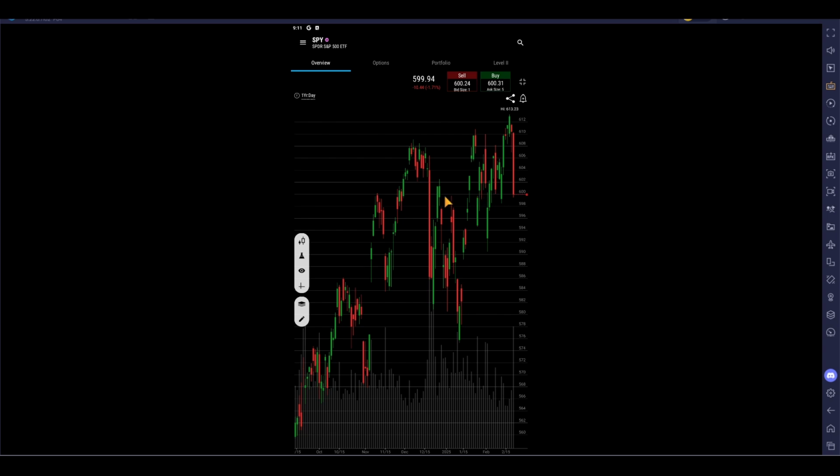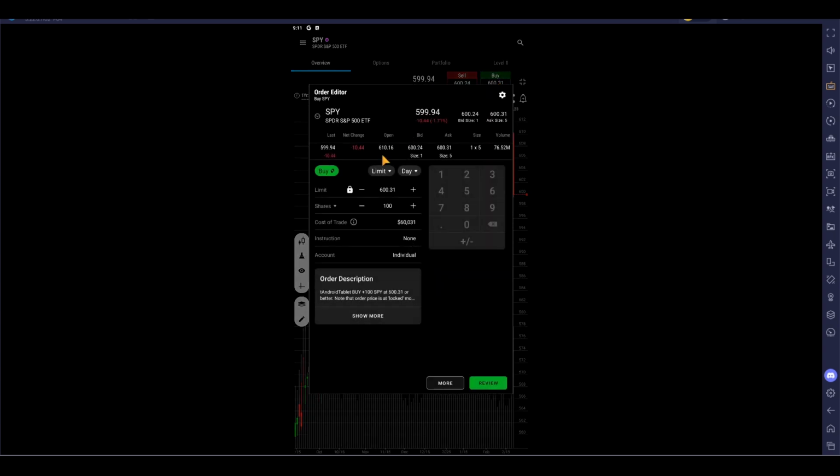So I already have a stock pulled up. We have the SPY pulled up, and to place orders, you can just click on buy and sell right here, and that will bring up the order entry page. And I also want to explain that I am using the BlueStacks app, which is basically an emulator for Android. So your screen may look a little bit different than this. I know it looks a little different than my Google Pixel 7 that I use, but for the most part,